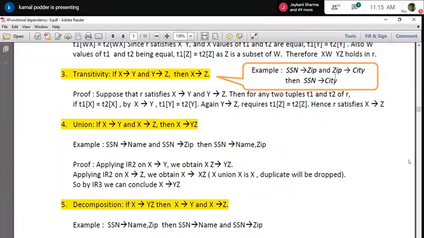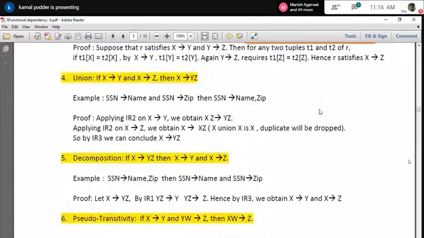So in this way, these are the rules we have. They are the most important, and you have to apply them to find all the FDs, or find the closure of the FDs, or sometimes to find the redundancy inside the set of FDs. That is the only way we apply these rules and try to find the complete set which represents that particular database. Now you just see union.